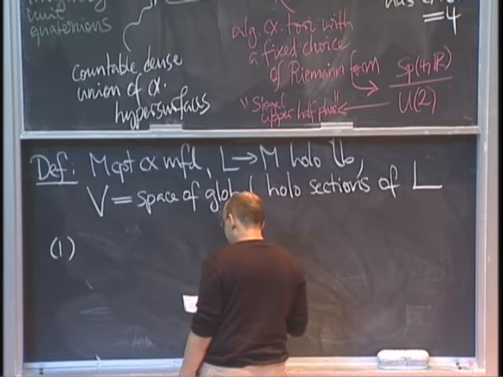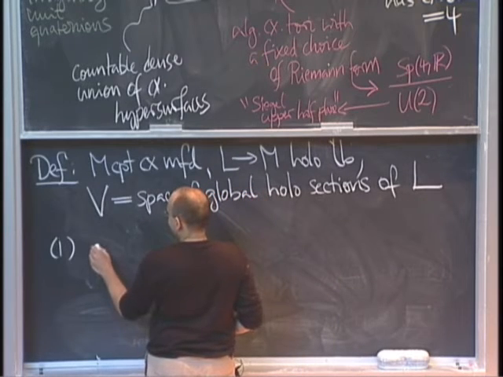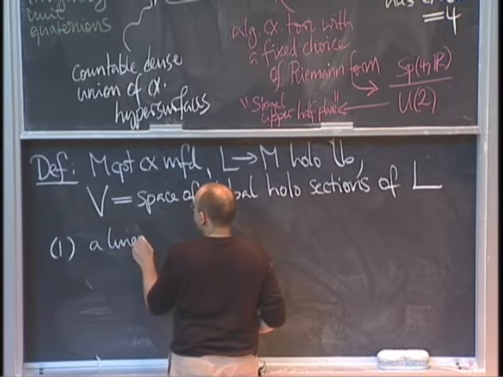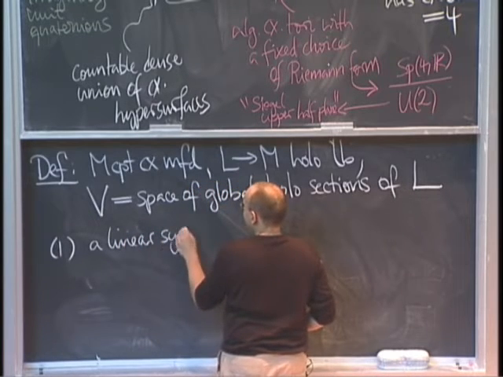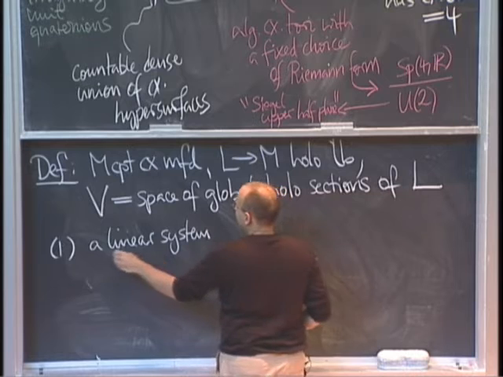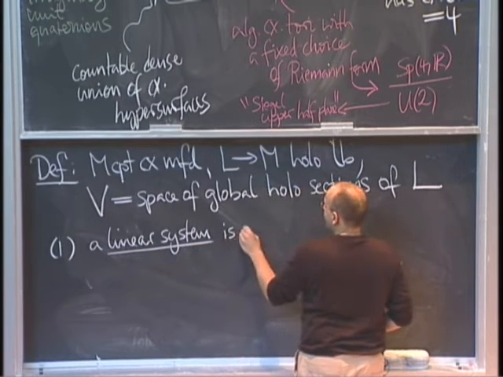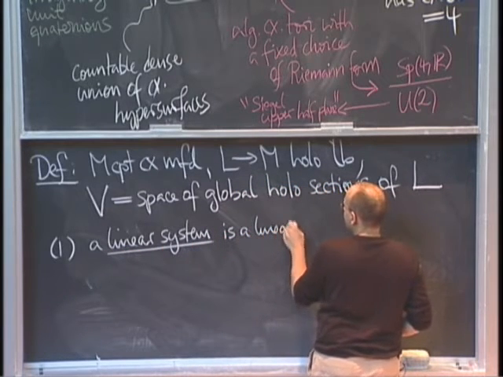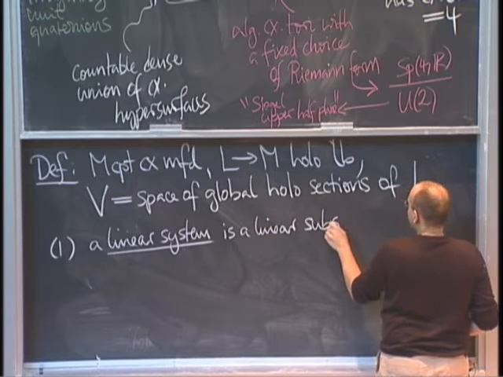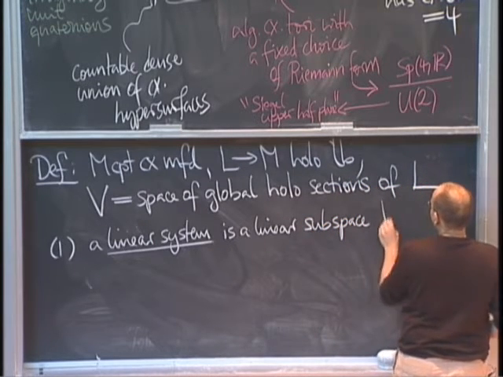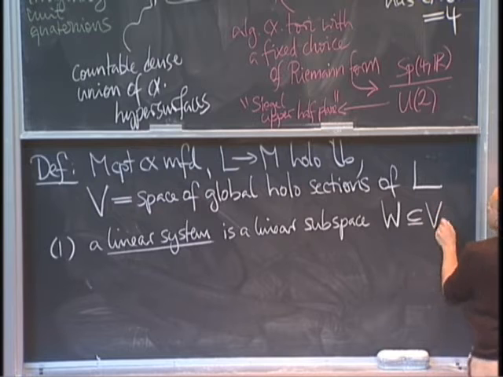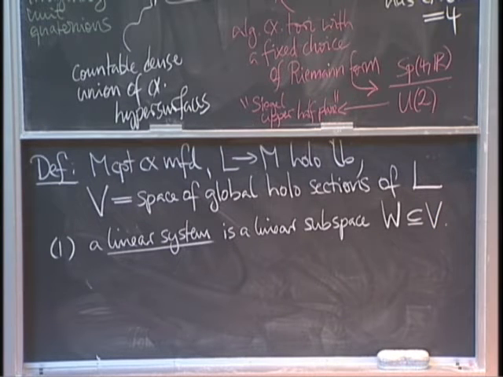Okay, so some terminology. A linear system relative to this line bundle is a linear subspace W inside V. That's a pretty silly name, and the idea is that you have a picture in mind associated with that linear subspace. So if you're talking about a linear system, what's the picture you have in mind? Is that